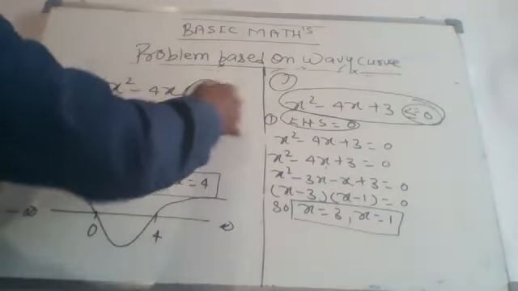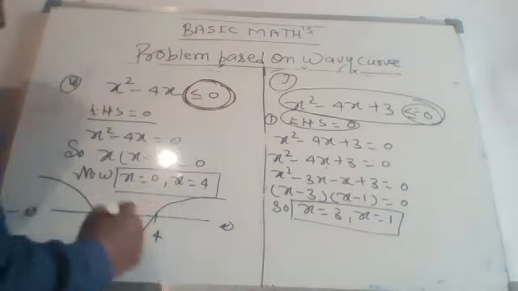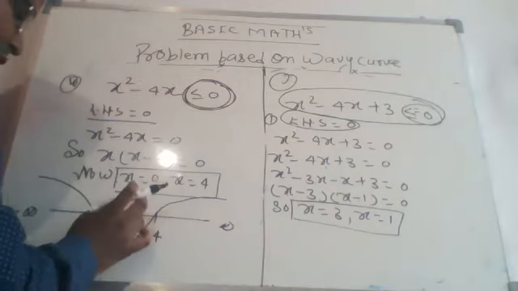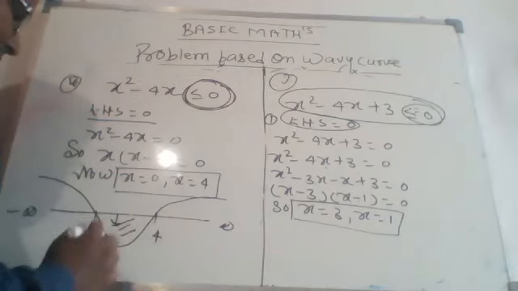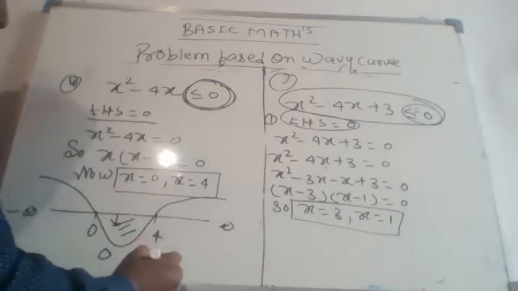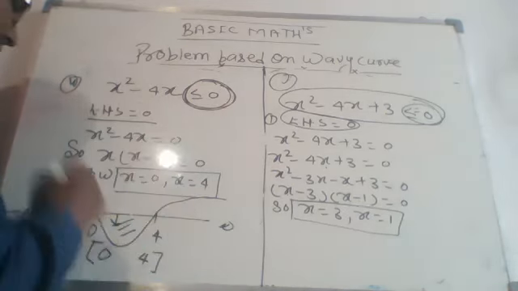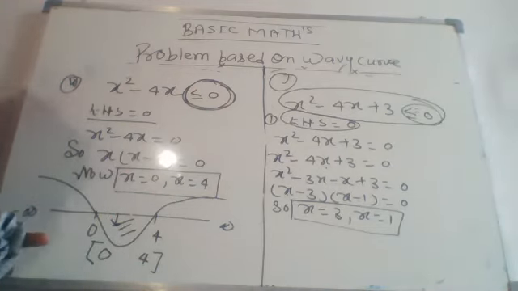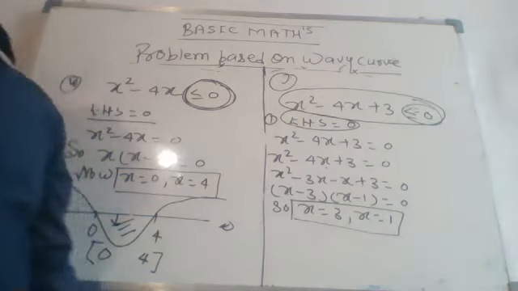Here the inequality has a lesser sign, so we have to take the portion below the number line. So below the number line, from where to where is it? From 0 to 4. So we have to apply the closed interval because the inequality has the equality sign also. So that's why we get the solution of such type of inequality, and these are the inequalities of type 1.